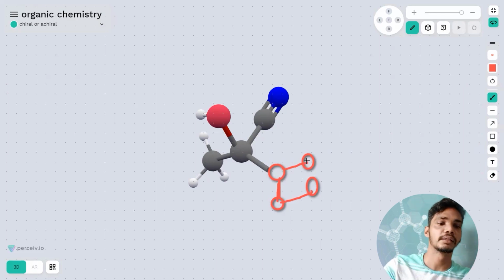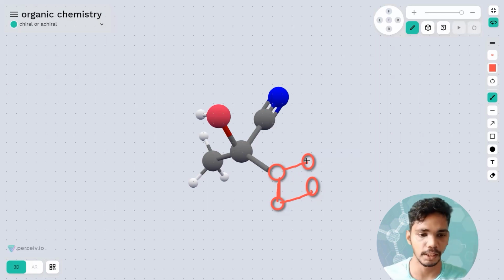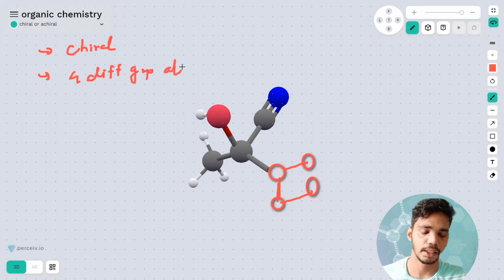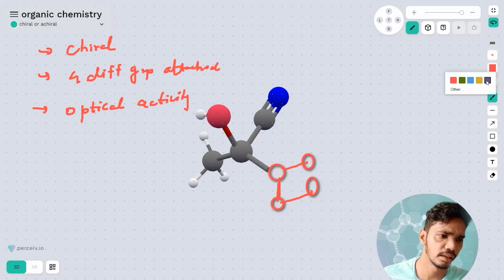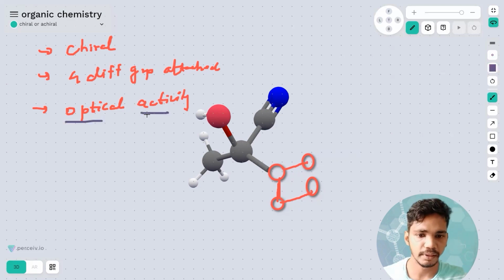Now a different group is attached over it. For example, just for your understanding purpose, I'm doing this. Now tell me one thing. There is a chiral center. Why is there a chiral center? Four different groups are attached. Because of this attachment, there is optical activity. And what is optical activity? Optical activity is nothing but, if a